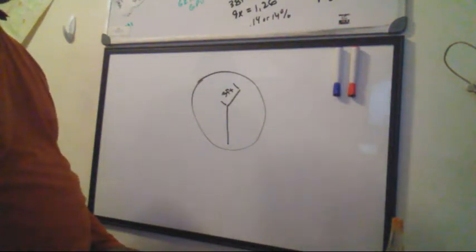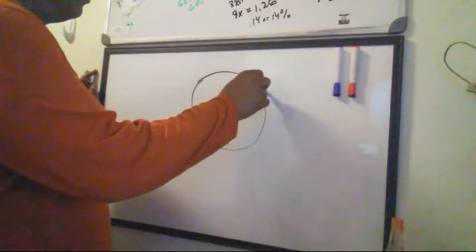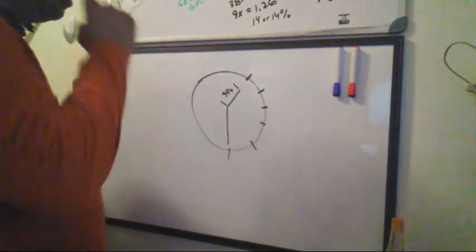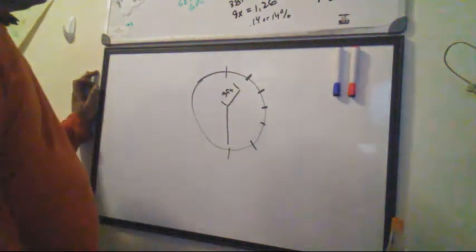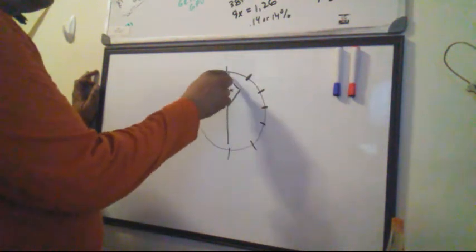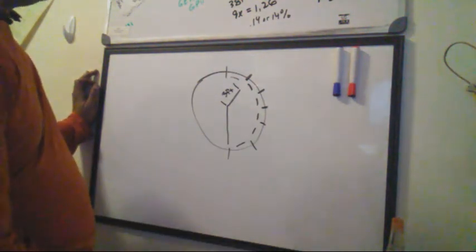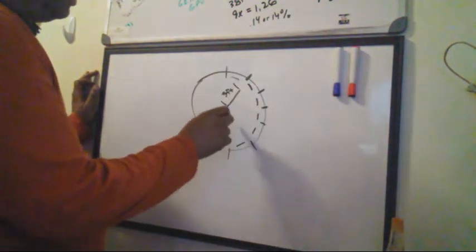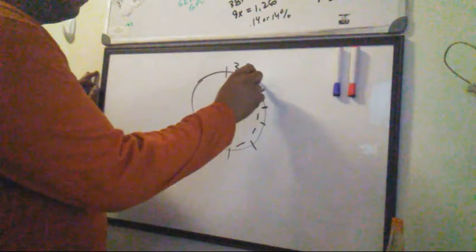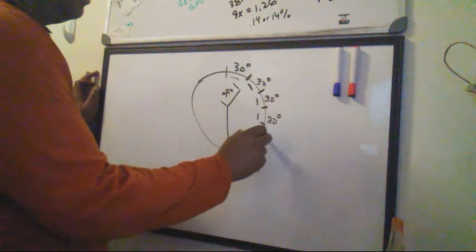So first off, we're at the 1 o'clock position. This would be 2, this would be 3, this would be 4, 5, 6. I know it's off a little bit, but what we need to know is how many degrees there are in between the hours. We have 1, 2, 3, 4, 5, 6 sections, which equal 180 degrees. So we have 30 degrees per section. And the question they're asking is,